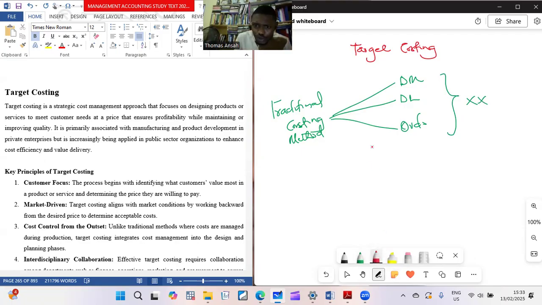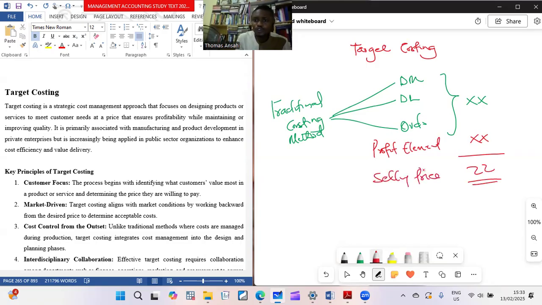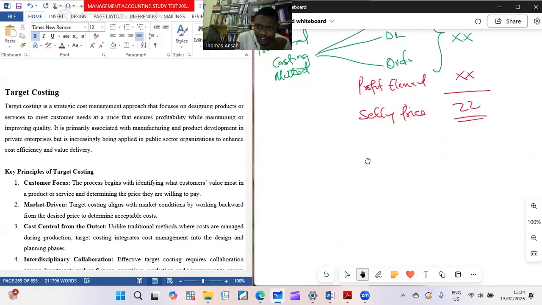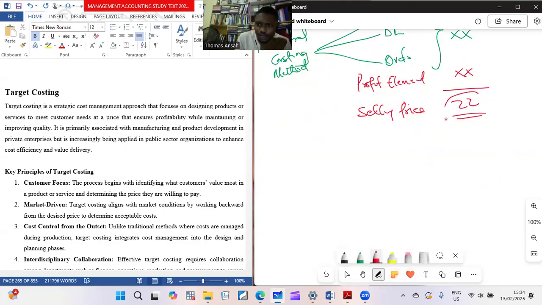Now, when we add our profit element to it, we get our selling price. Is that not it? So in the first video, if you look at the cost card, that's how it was. So you could clearly see that pricing of a product is from an internal source,